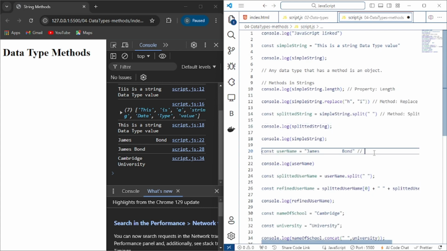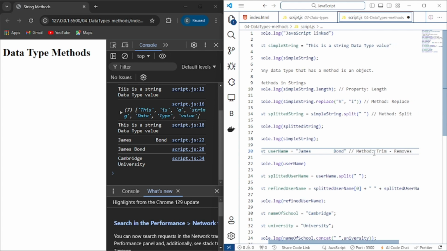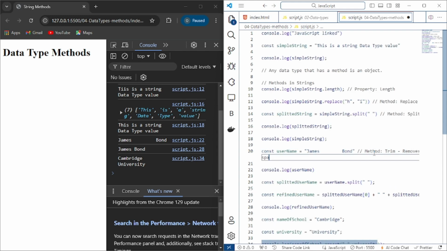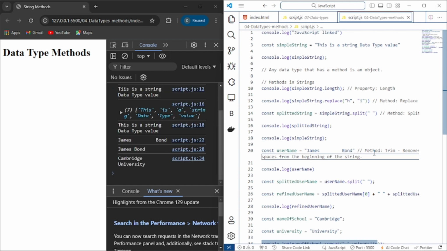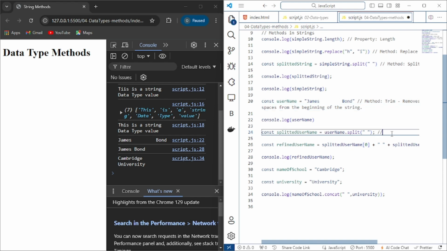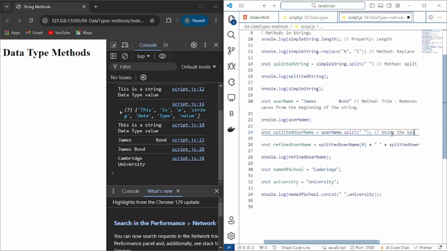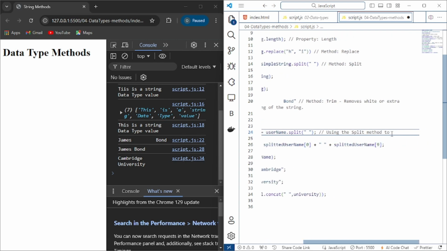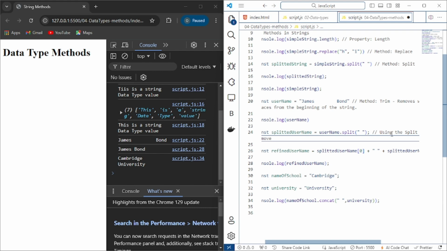Here we put the method. We try to trim it here, right? We wanted to trim, and what does trim do? Basically it removes white spaces, removes extra spaces from the beginning of the string, right? So that's all. And this one is basically using the split method to remove white spaces, basically,